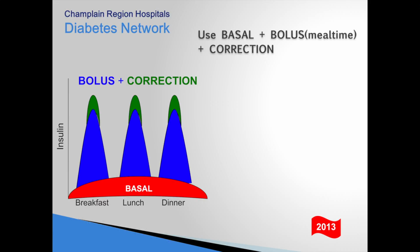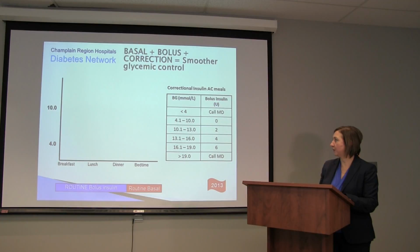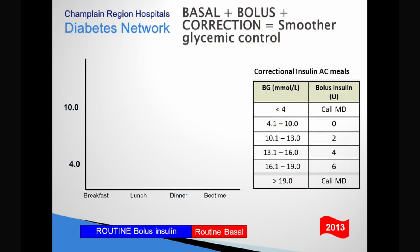And we take care to avoid giving a rapid-acting insulin at bedtime, preventing hypoglycemia overnight. That's our basal bolus correction. So if we look at a similar example that we had before, when we're using it, the basal bolus correction insulin will have smoother blood sugar,